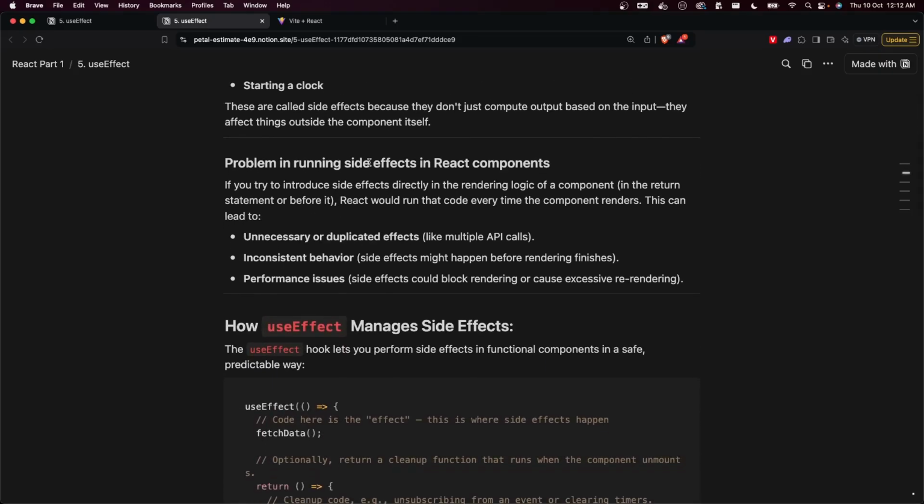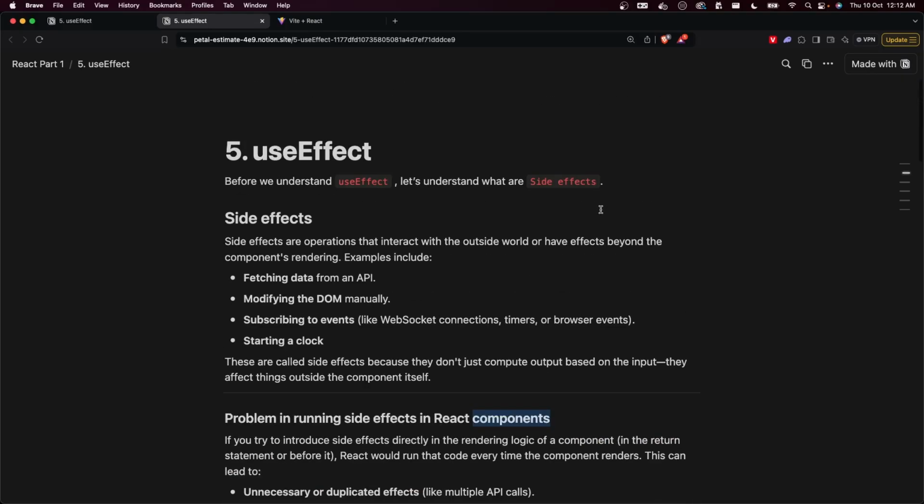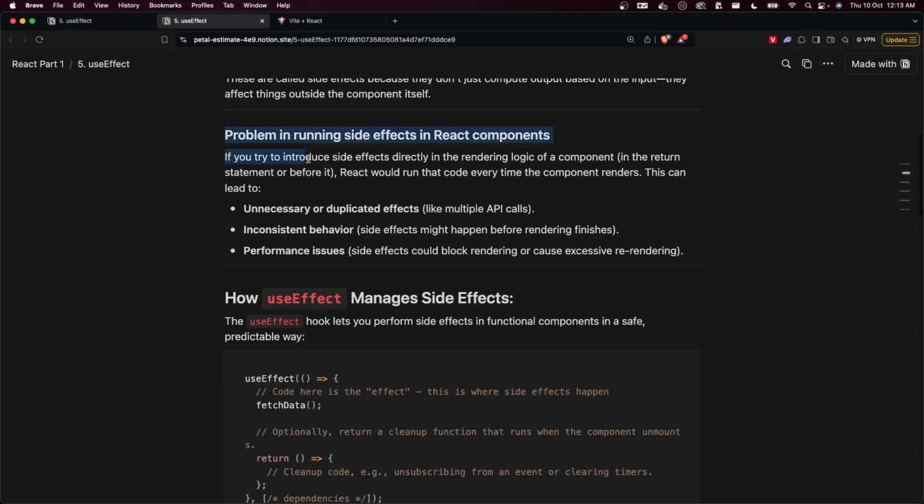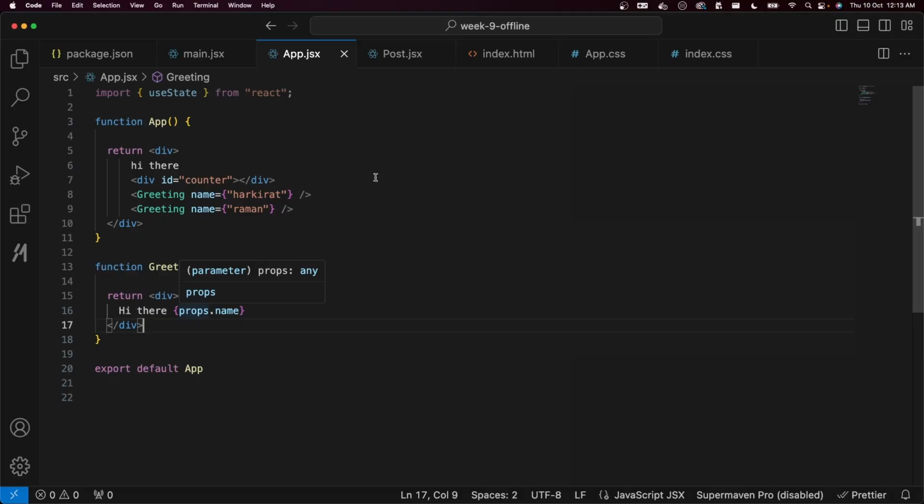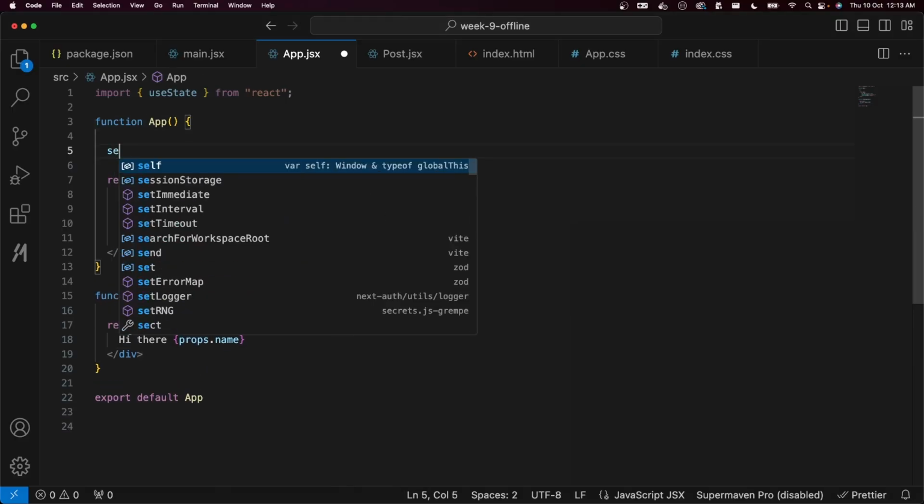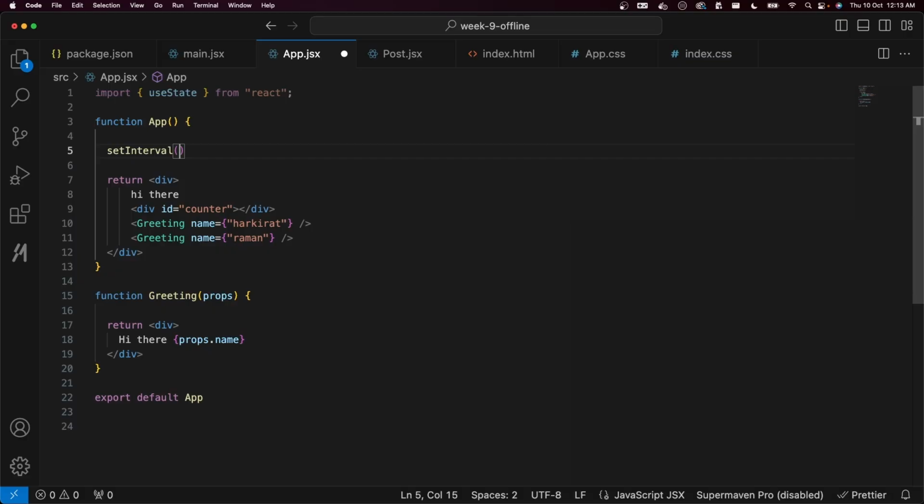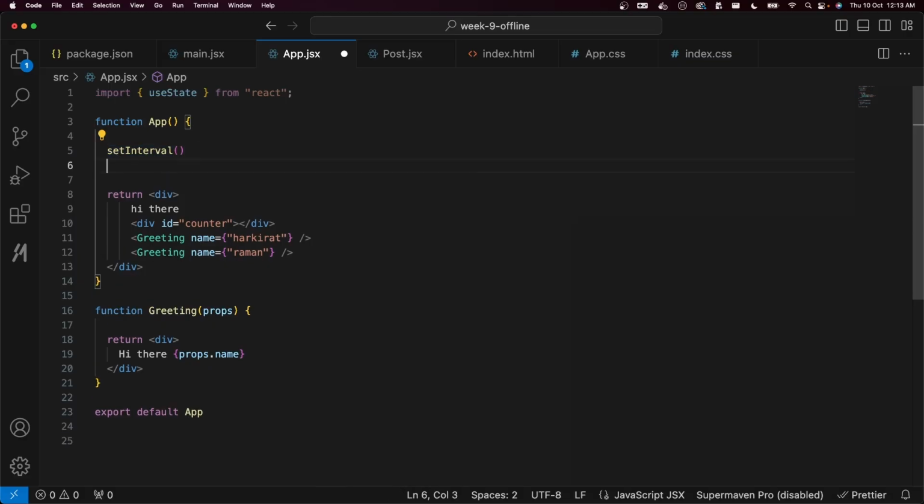What is the problem in running side effects in React components? Why do you need a useEffect hook that lets you run these side effects? Why can't you run them directly inside the component is what we will understand in this section. If you try to introduce side effects directly in the rendering logic of a component, if I try to go to my app component and add a setInterval over here, try to introduce a side effect over here, or try to add a fetch call over here, what problem comes? Why do you need the